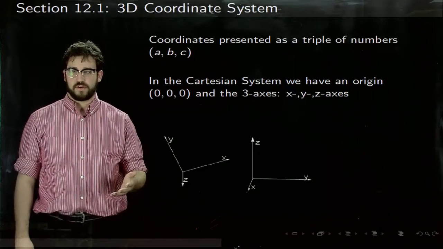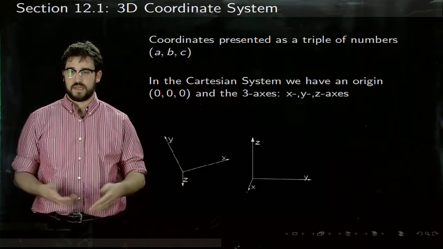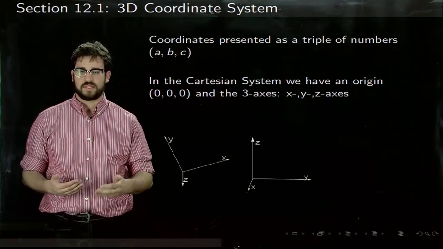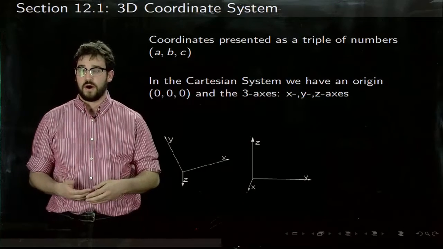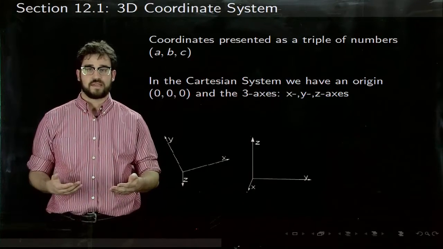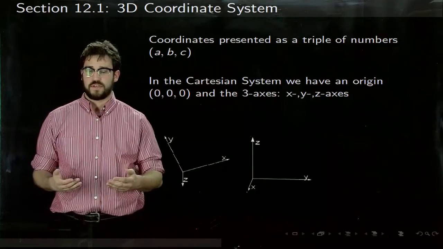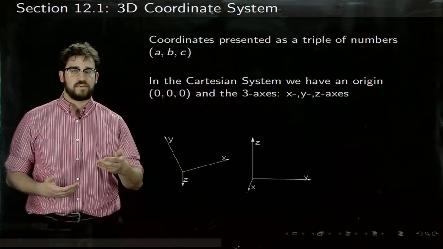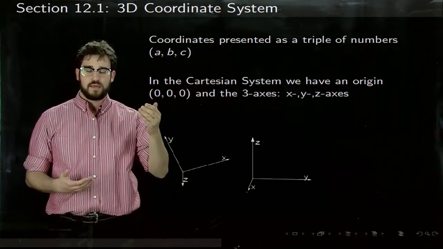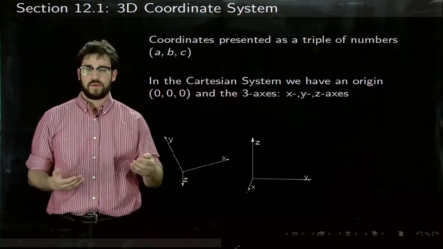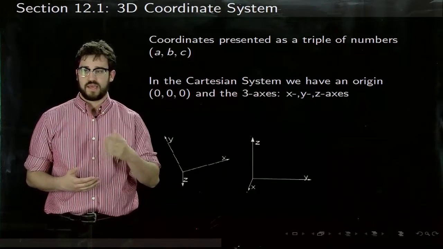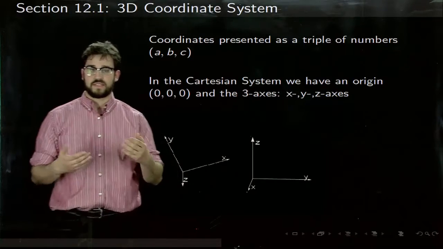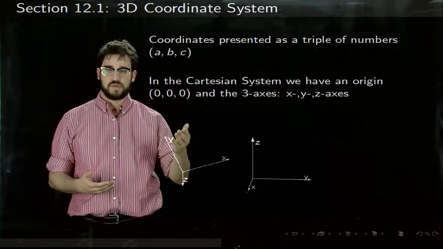So you guys may be familiar with your traditional coordinate systems in R2. So the next step is to continue to think about coordinates in a higher dimension, or in R3, or three-dimensional space. Just like in R2, we had an x and a y component, in three-dimensional space, we should think of having another one. So x, y, we should add this z component, or it is a triple of numbers, a, b, and c. The Cartesian coordinate system we have still has an origin, like 0, 0, 0,